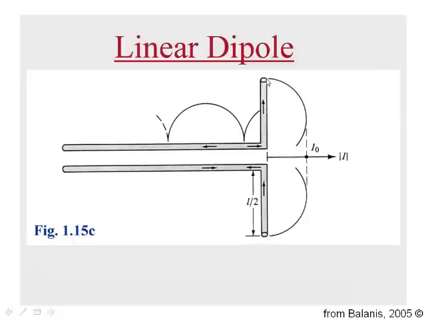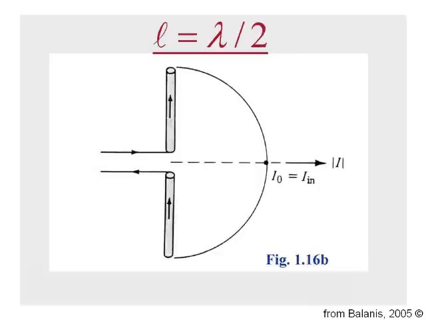So there'll be a null in the current here, but there will also still be standing waves of current along that line. And depending upon where you took that line and peeled it apart to, that'll determine just how many standing wave maxima you have on this set of wires. For example,